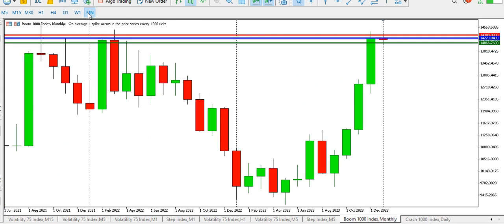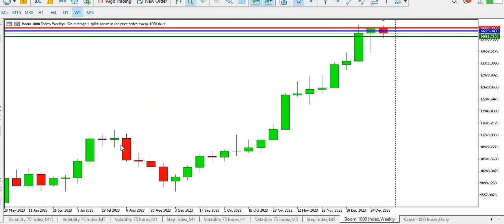Boom 1000 index on the monthly time frame is at the top of the chart. Price at the top of the chart for boom 1000 index is at the resistance level. Look at the big bullish candles on the monthly time frame, showing that boom 1000 index is strongly bullish on the monthly time frame. On the weekly time frame, it's also bullish as price continues to register